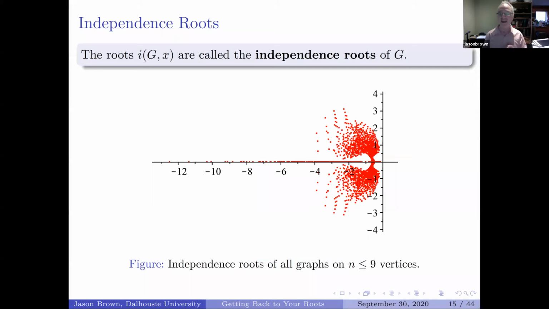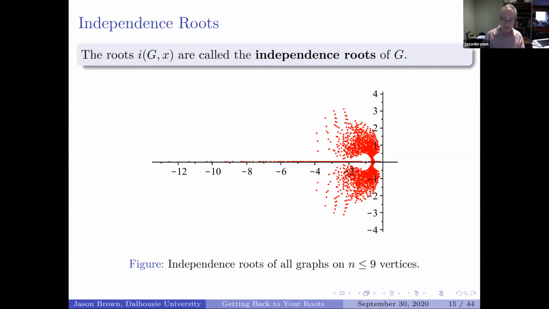So what do I see from the picture that's of interest to me? I see that the roots seem to be all in the left half plane. I see that the roots don't seem to have very big imaginary part. They're all bounded in absolute value by at most 4. There seem to be roots going out along the negative axis. How far do they go? I can't tell. There seem to be some roots along the real axis that are approaching 0. There seem to be maybe some little zero-free regions, maybe around the number -1.